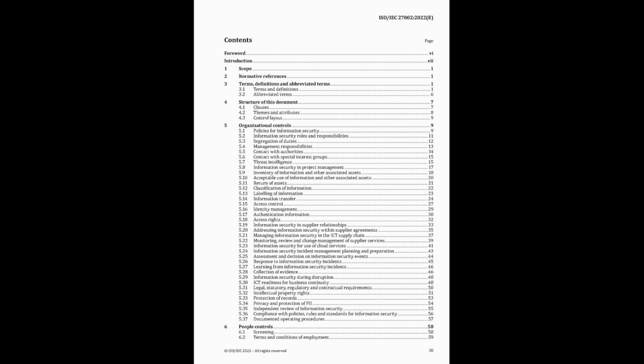Like needing two different people to turn keys for a vault. That's a great analogy. You make it harder for one person to cause trouble, either accidentally or on purpose, without someone else noticing. The standard gives some good examples here, like managing system changes. That's a prime one. The person initiating a change shouldn't necessarily be the one approving it and the one implementing it. You want separation there. Right, or requesting access versus approving and granting access. Keep those separate. Definitely. Same principle applies. Prevent someone just giving themselves access to anything they want.